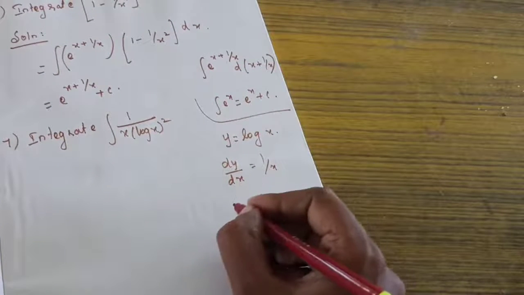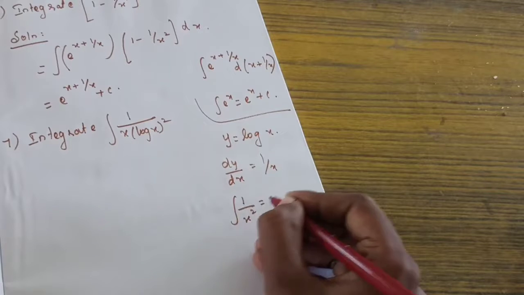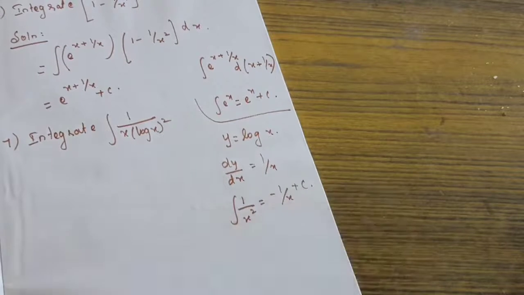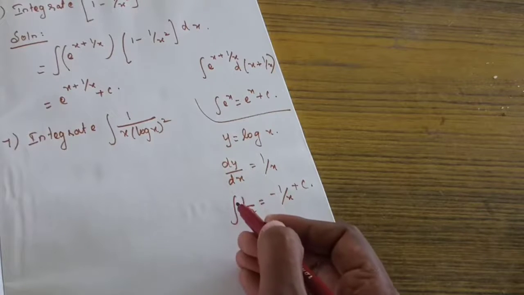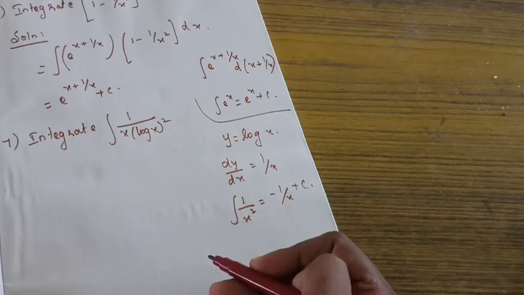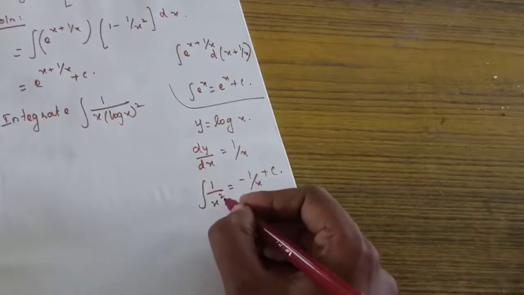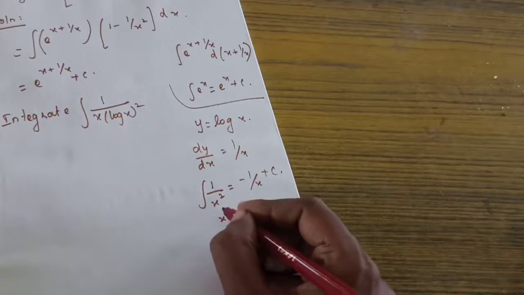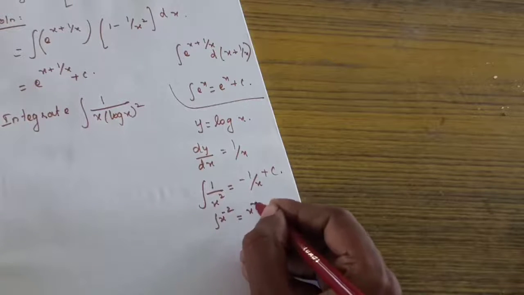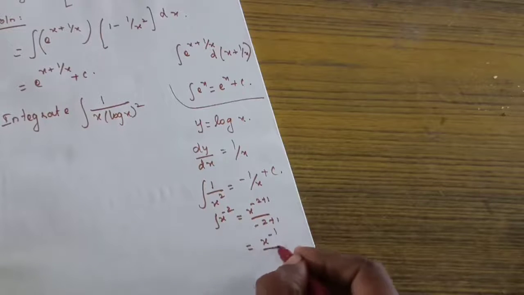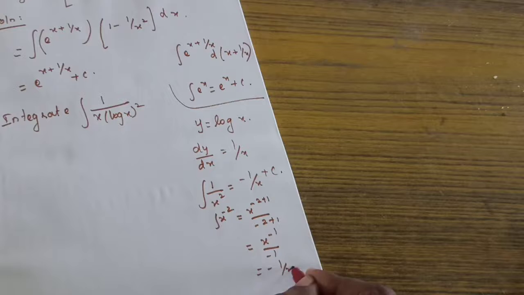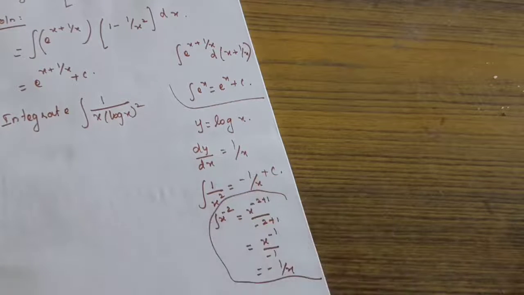Is it right? So if you are integrating 1 by x square, what will happen? Minus 1 by x plus c you will get. If you need, you can check it. What will you do? You will bring this power to the numerator. So x power minus 2 you will get. x power minus 2 plus 1 divided by minus 2 plus 1. If you need step by step, you can do and see. If you are bringing this to the numerator, x power minus 2 you will get. So x power minus 2 plus 1 divided by minus 2 plus 1 you will get. That's equal to x power minus 1 divided by minus 1. When you are writing, you will write minus 1 by x. So this one is the integration. Is it right? So you know, if you are integrating 1 by x square, what's the answer? Minus 1 by x plus c.